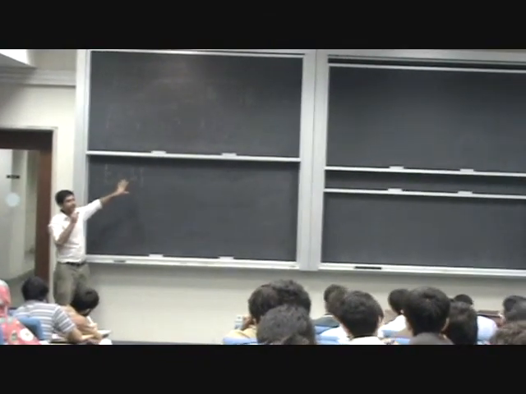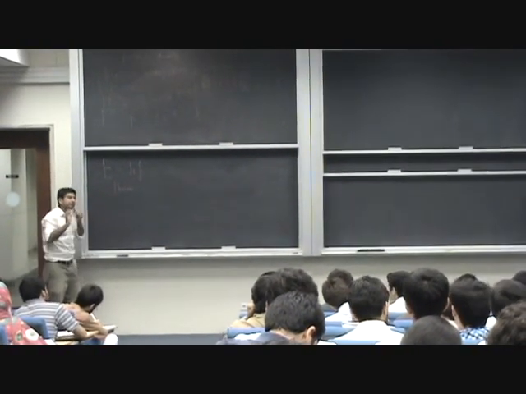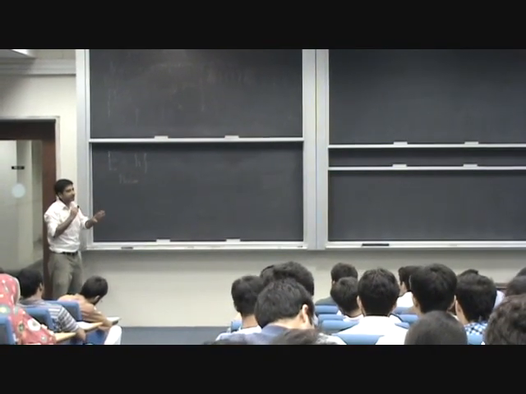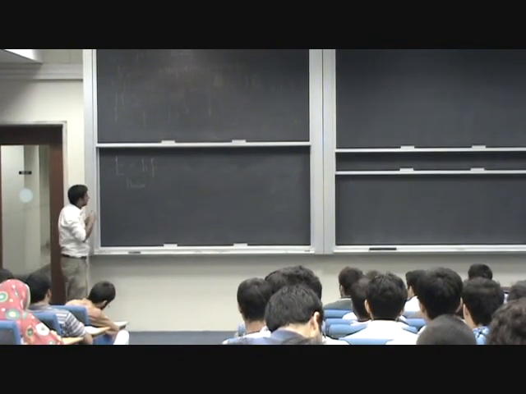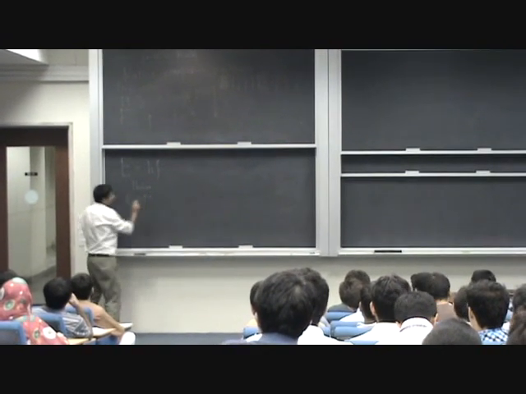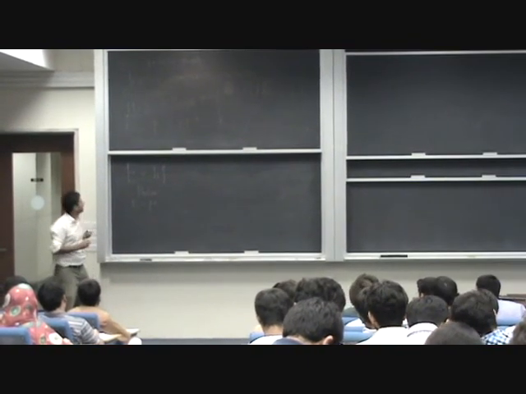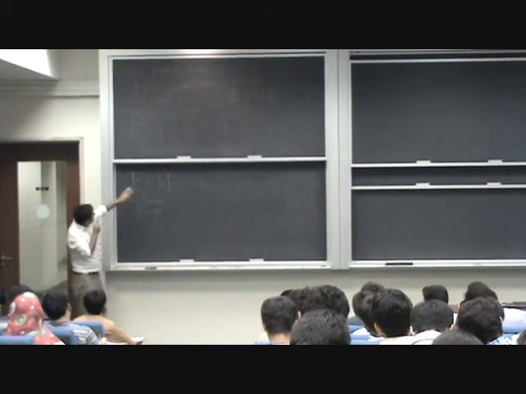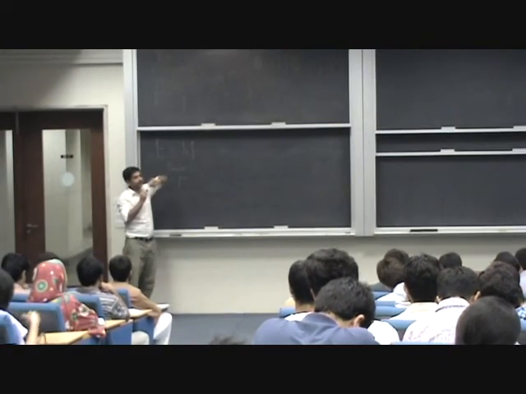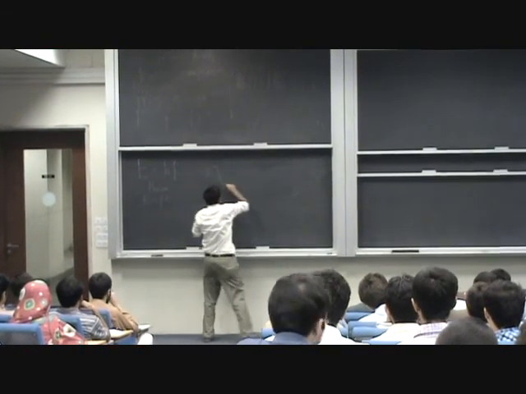E equals hf. अगर हम एक फोटोन की बात करें, फोटोइलेक्ट्रिक इफेक्ट ने हमें बता दिया कि a photon is a particle, it carries energy. Compton effect ने हमें बता दिया कि a photon has momentum as well, and the momentum of a photon is p. The energy is also related to the momentum through E equals pc for a photon only. ठीक है? अब सवाल ये पैदा होता है कि the photon has energy और हम लिख रहे हैं कि energy equals hf, but f is a wave-like property. In order to define f, you have to draw some wave,